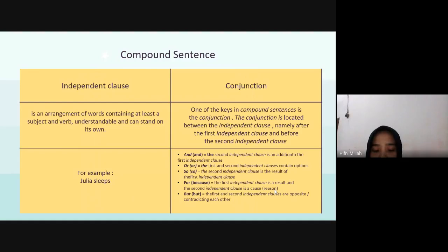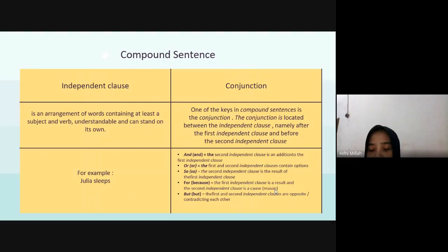And the next one is conjunction. One of the keys in a compound sentence is the conjunction. The conjunction is located between the independent clauses, namely after the first independent clause and before the second independent clause. For example, the first one is the word and. If we use and as a conjunction, it means the second independent clause is an addition to the first independent